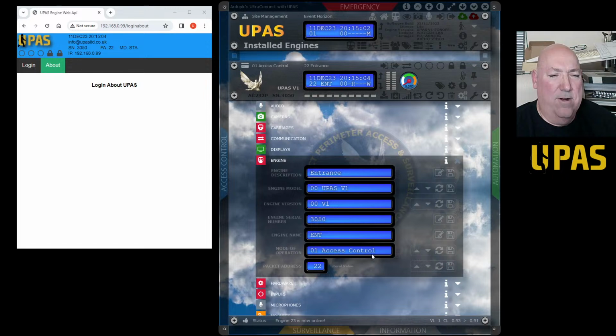So that mode of operation basically reconfigures the controller to do different roles.